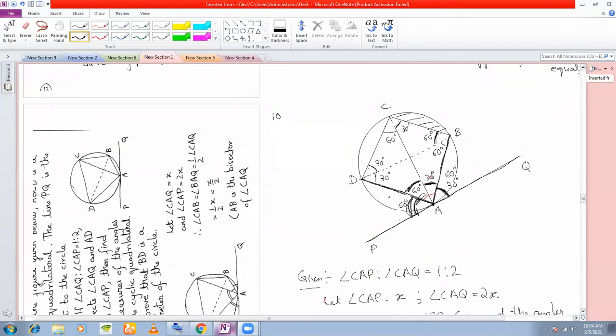Sir, because angle DCB is 90. DCB. Yes, because this angle is a right angle here. This is 90-degree angle. Therefore, the arc DB must be a semicircle, and therefore DB must be the diameter. Okay, good. So this angle is a right angle, and you know that if an angle is a right angle, then this arc must be a semicircle, and if this arc is a semicircle, that means DB must be a diameter. From the converse of the theorem, that angle in a semicircle is a right angle.